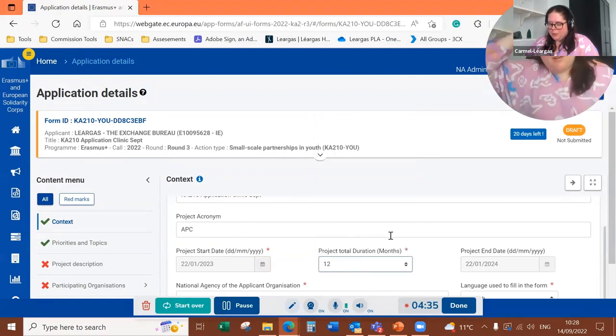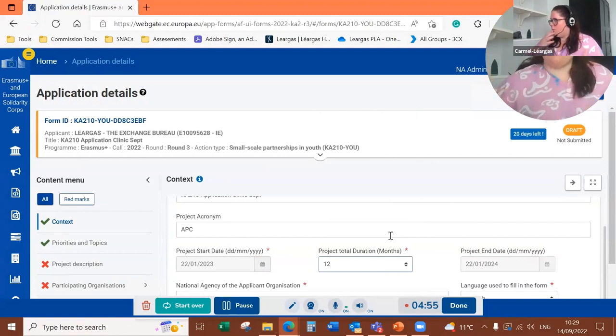It's important for you to consider the project duration, the length you want to do your project for. Depending on your work packages and the capacity of your project, you need to be realistic in terms of what you want to do. Sometimes we see that applicants don't consider the preparation phase or the follow-up phase in their implementation of activities. These are really important elements of your project design. So it's important to consider that in your application form. I'm going to put in 12 months here because I'm considering doing 3 different kinds of